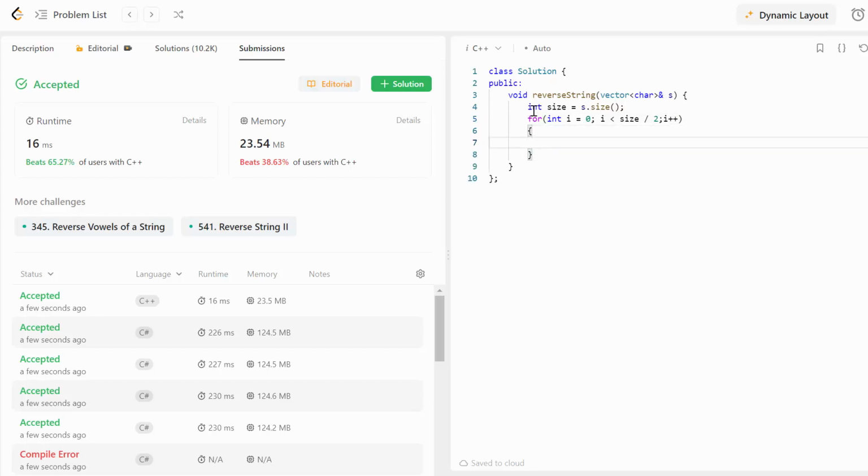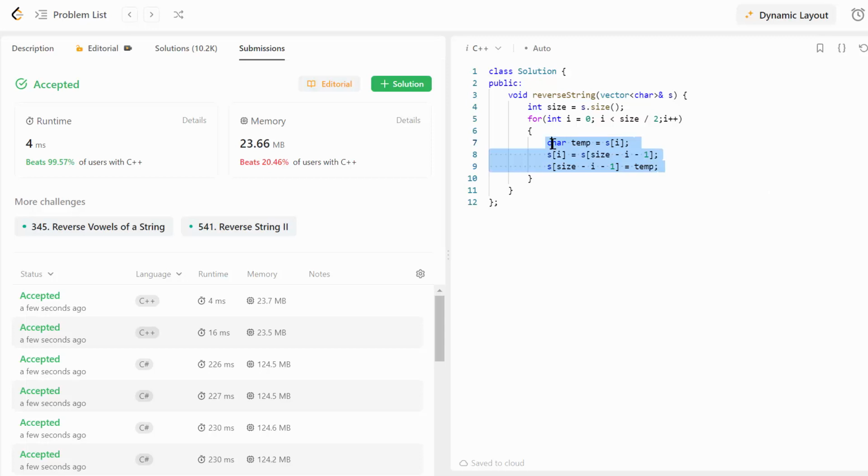And in my for loop, I can once again create this temporary variable and store s[i] in my temporary variable, then assign s[size - i - 1] to my s[i] variable and vice versa. Let's submit the solution to check that it's working. You can see that it beats 99% of the runtime for users using C++, but actually instead of writing this